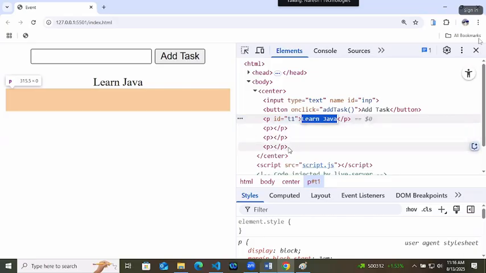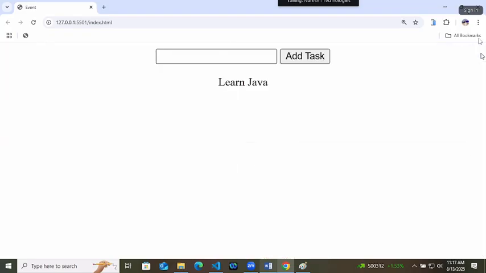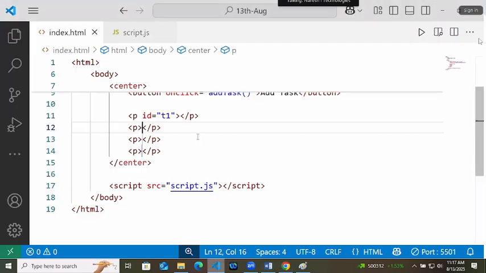All the other paragraphs are empty, because HTML doesn't have the brain to remove them if they are empty. So what is the actual way of handling this? We should give the right to JavaScript.